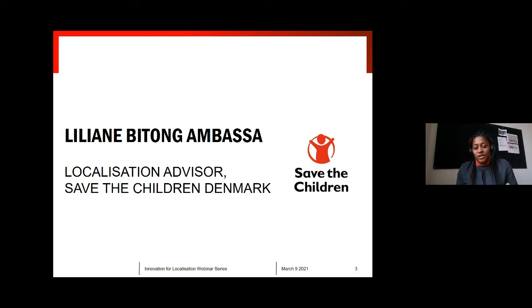I think now, a few years later, the question is no longer whether the flexible modality is appropriate, but rather how to best use it in disaster